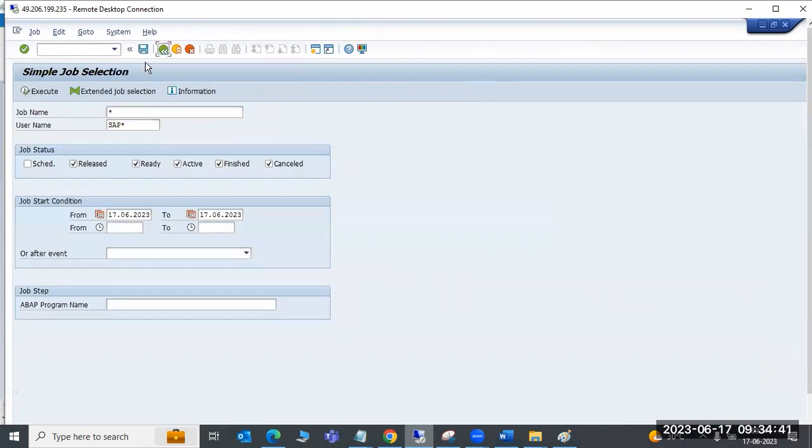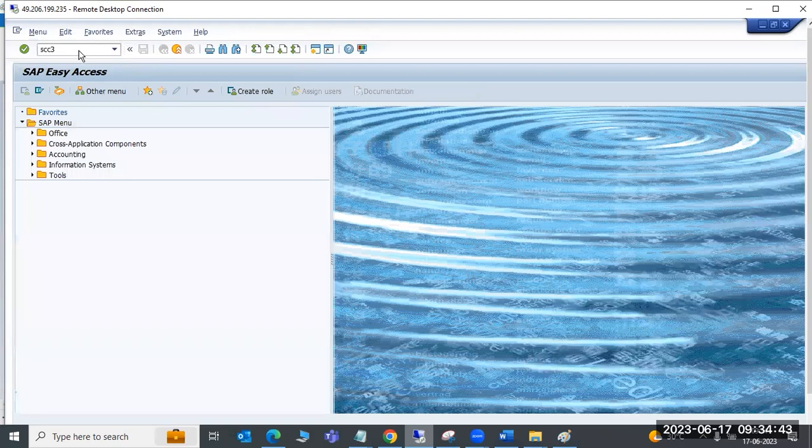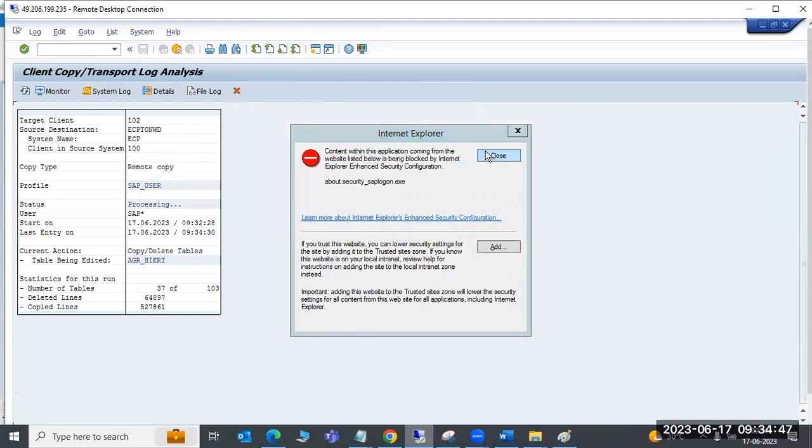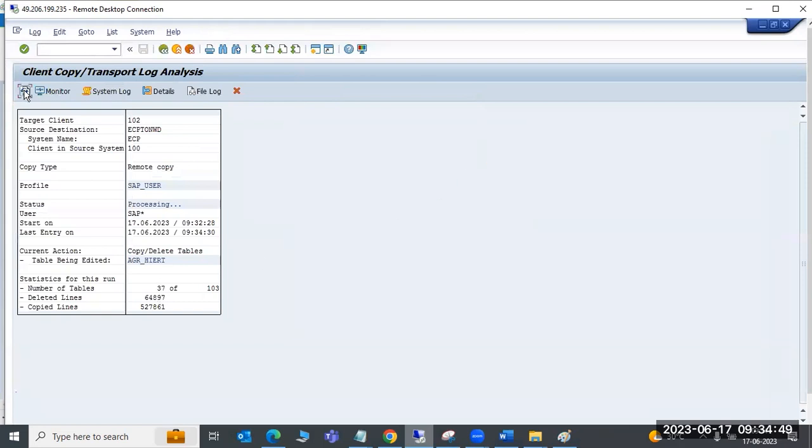So client copy logs, we can see in the SCC3. So that we see now, right? Processing means how many tables? 37. So check that one. Yeah, still it is 37 tables only, out of 103 tables. Which table is currently being edited? So this one. What it is doing is copying that table's data to the